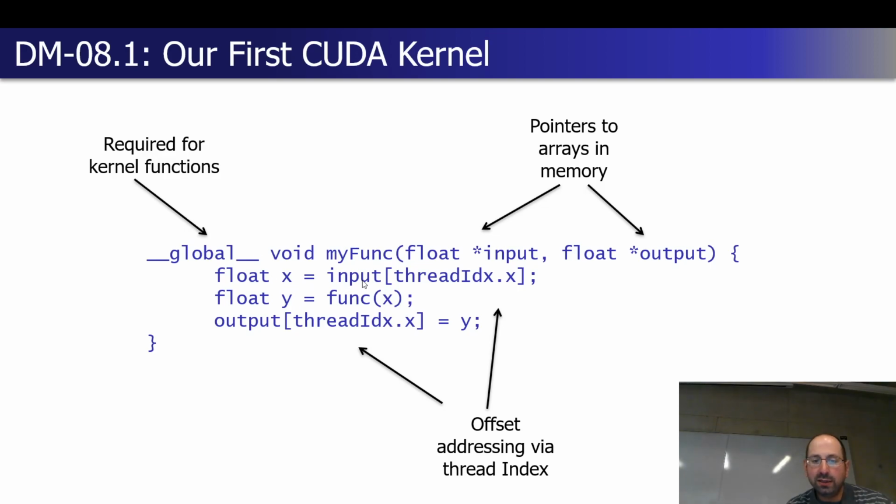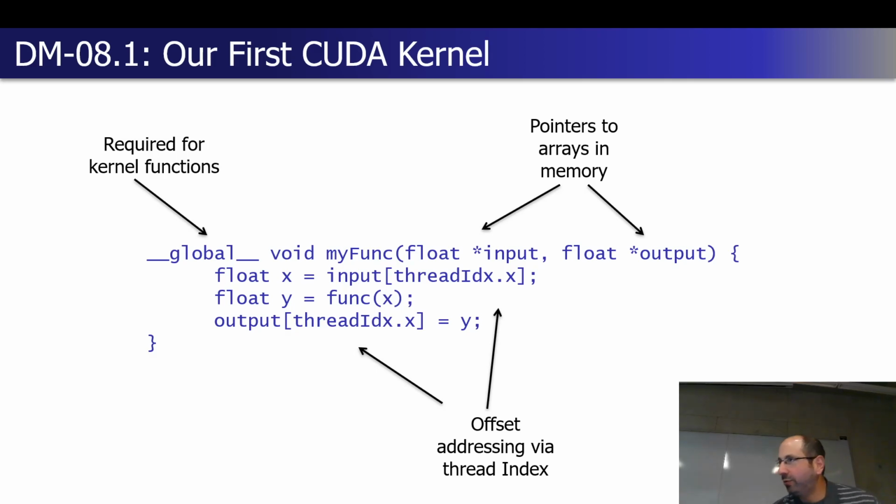And we use it to index into both our input as well as ultimately into our output. Afterwards, we've grabbed a value. This is a local register or a local value for that individual thread. We do something with it. Now that could be any other kind of function. We don't care what it's doing, but we're doing something else with that input value to get an output value y, which we then update in our memory. If you've got this, you pretty much have what you need for CUDA.